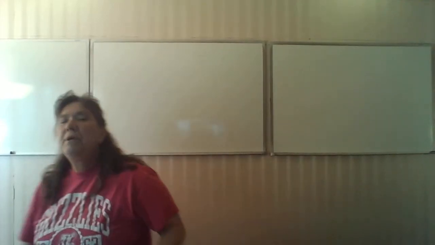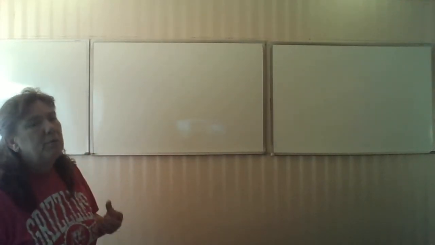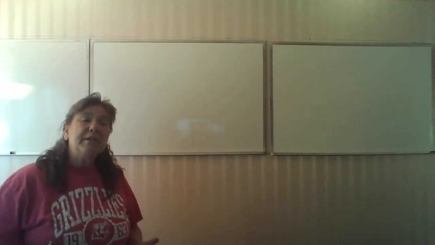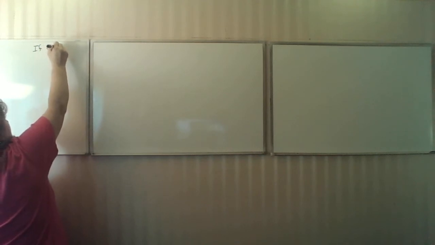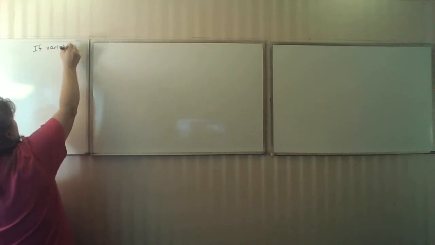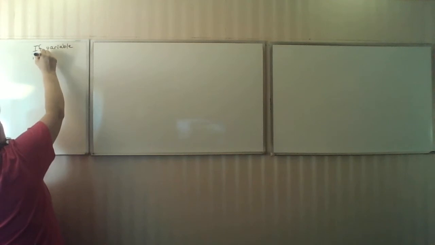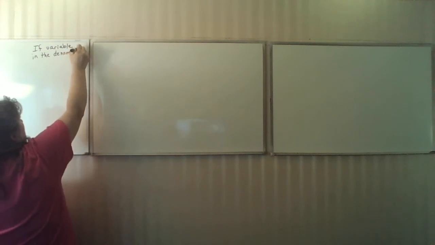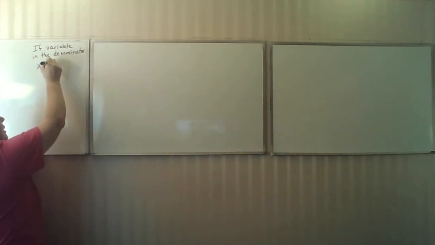Okay, I want to reinforce a few ideas about rational equations, and the reason why is because these are things that you often forget. So, if there is a variable in the denominator, what happens? If you have a variable in the denominator, there